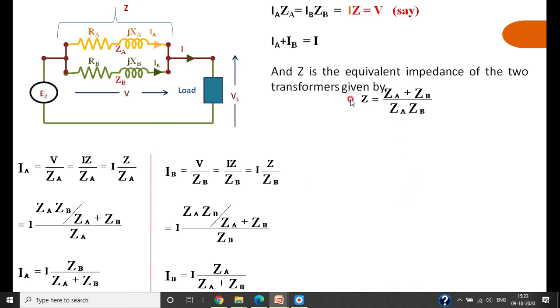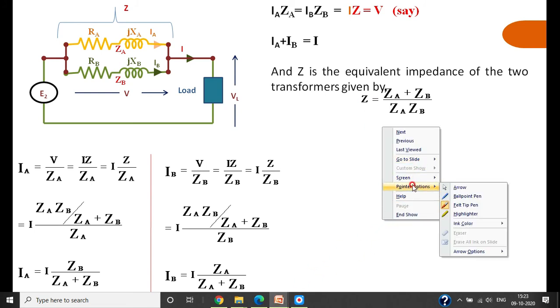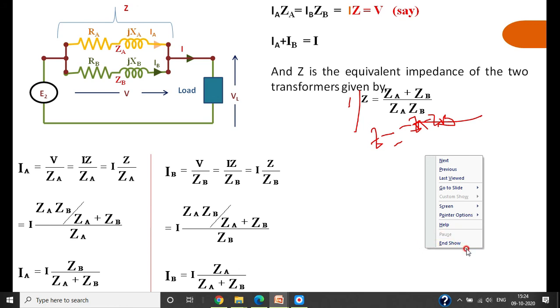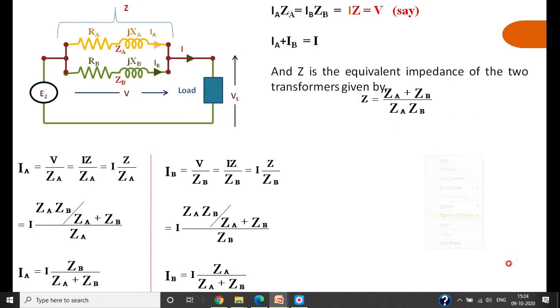That is, it is actually 1 by Z, where Z is equal to ZA ZB divided by ZA plus ZB. That you have to make it. Okay, that is a mistake, it is 1 by Z there. Okay, then if you are substituting the value of Z here,